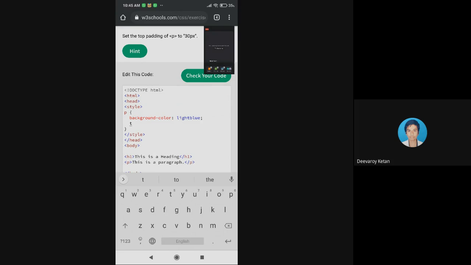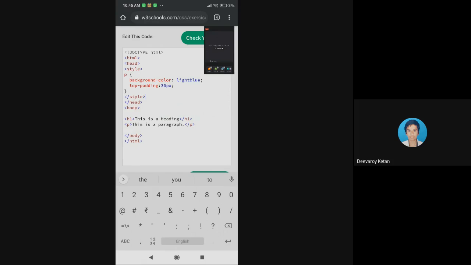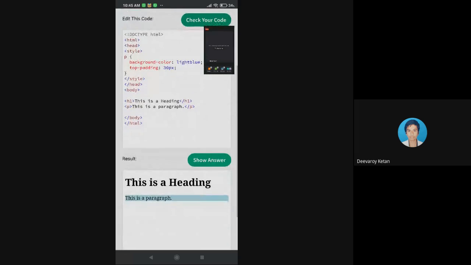So I can say top hyphen padding, 30 pixel. So it is padding hyphen top. So now you can see there is a gap between the text.